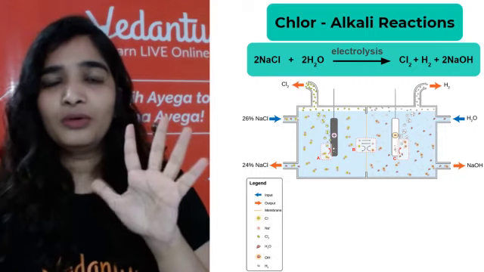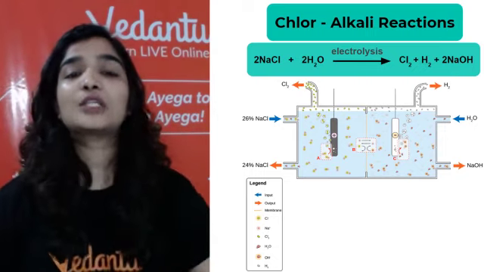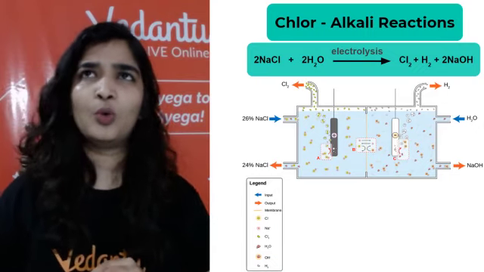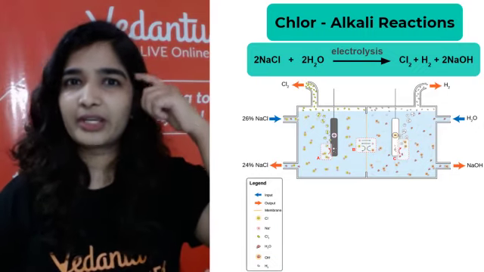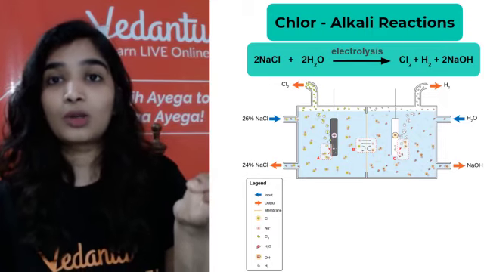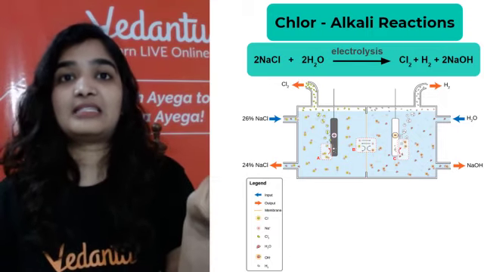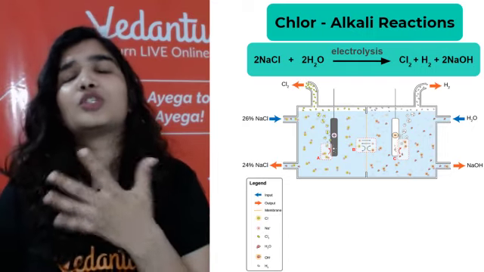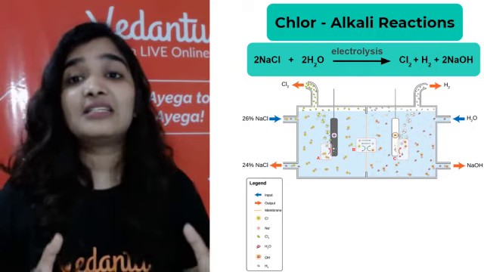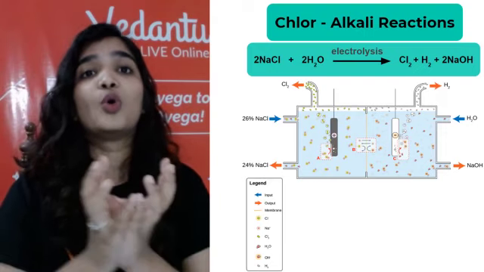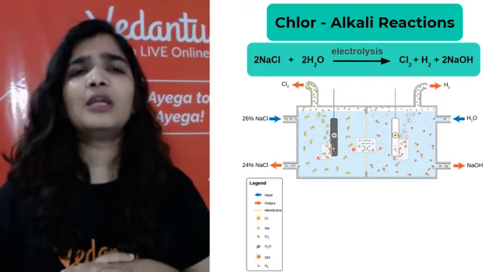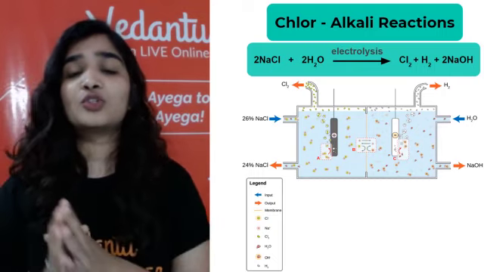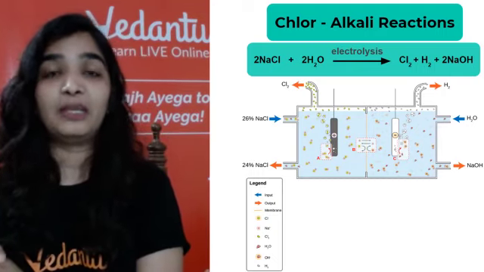This is the fifth one, no? So next is the chlor-alkali process or reaction. Chlor-alkali, something is ringing here. Chlor means chlorine, alkali is a water soluble base. Here you are getting NaOH, which is a strong alkali, and that is the reason this process is called the chlor-alkali process. We have all studied that NaCl, common salt, is a really very, very important